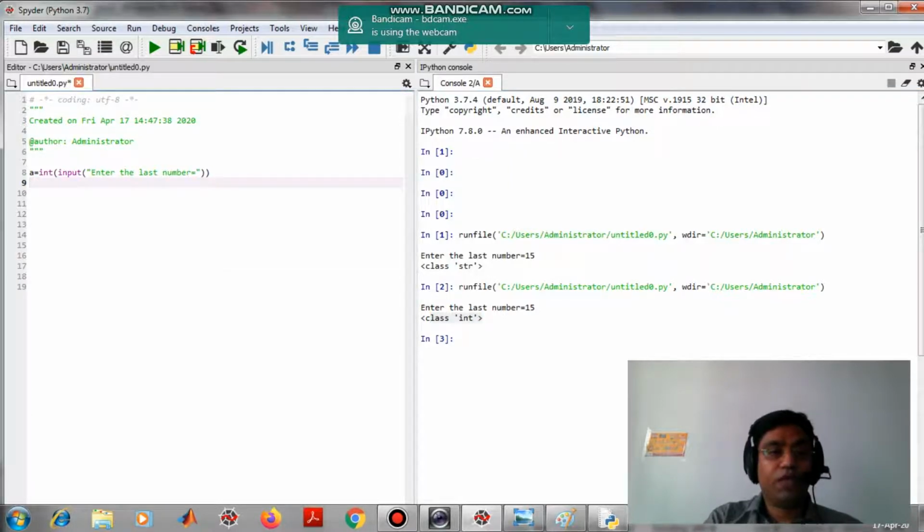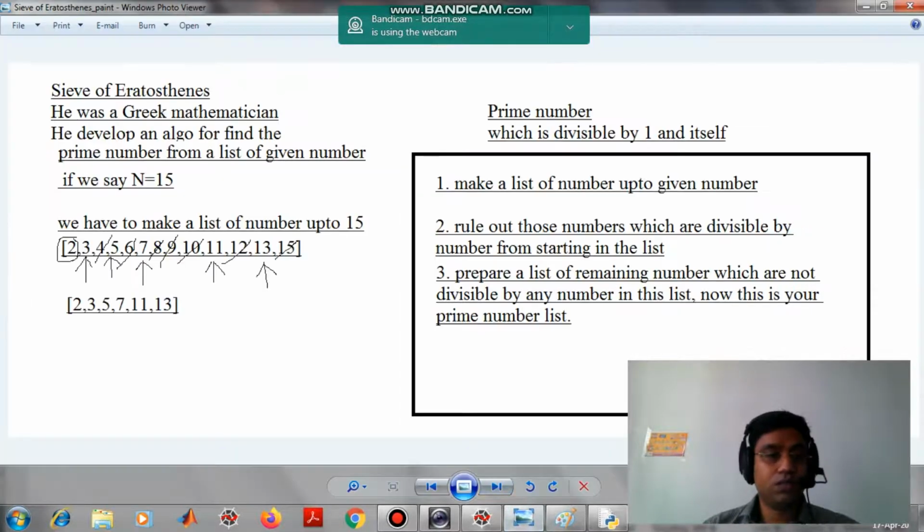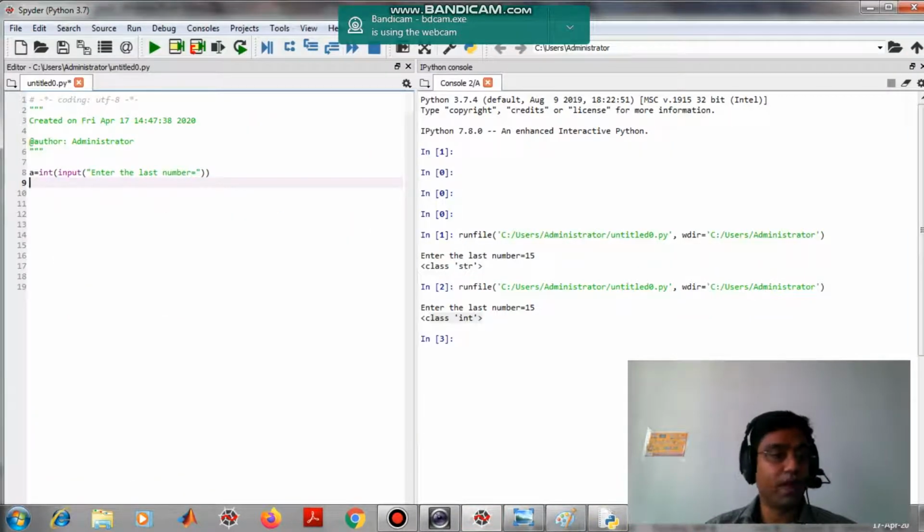Now we have taken the input from the user, we have to generate a list. The last number is 15, so we have to generate a list from 2 to 15. How can we generate a list in Spyder? First we have to create an empty list. This is the symbol of a list.